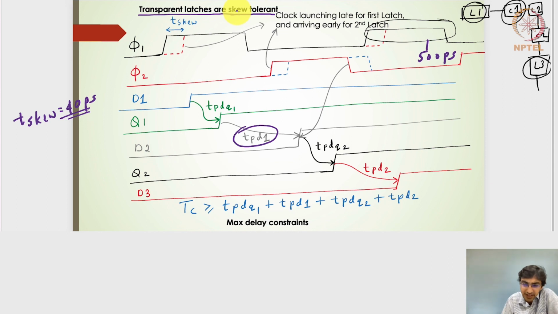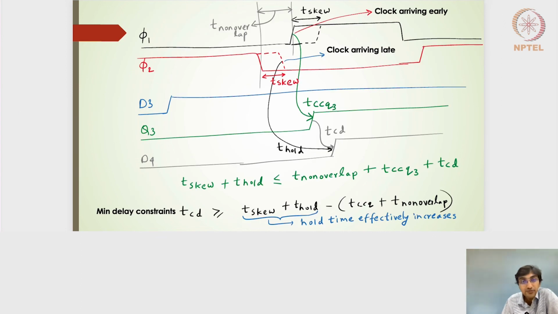Right, so the maximum delay constraints, especially for the transparent latches, don't take into account the skewing effect. Hope this is clear, but it will have an effect in the minimum delay constraints. So even if I have transparent latches in the same data path, a sequence of latch 1 followed by combinatorial circuit number 1, followed by latch number 2, followed by combinatorial circuit number 2 and then latch 3 and so on, I will have this as a clock design, and then for the minimum delay